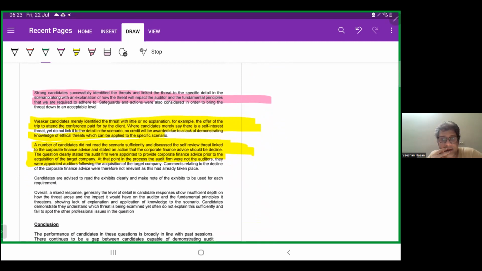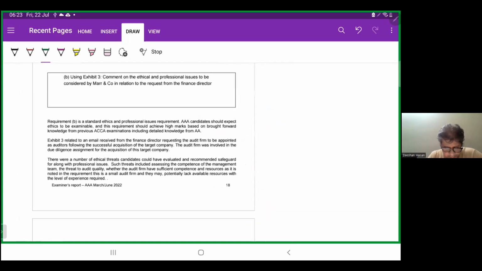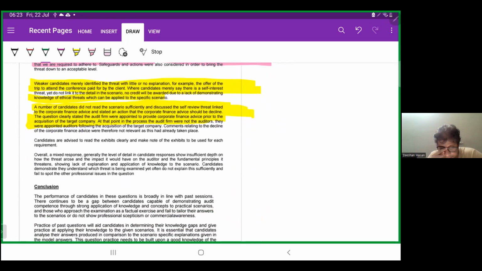Weaker candidates merely identified the ethical threats. Weak candidates identified the threat with little or no explanation. For example, the offer of the trip to attend the conference paid by the client, where candidates merely say there is a self-interest threat, yet do not link it to detail in the scenario. No credit will be awarded due to a lack of demonstrating knowledge of ethical threats which can be applied to the specific scenario. A number of candidates do not read the scenario sufficiently and discuss the self-review threat linked to the